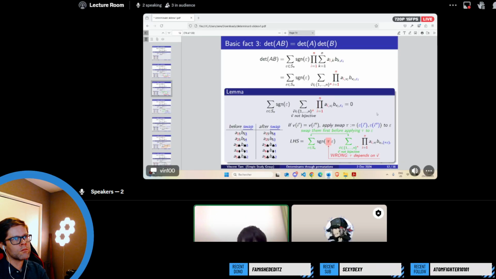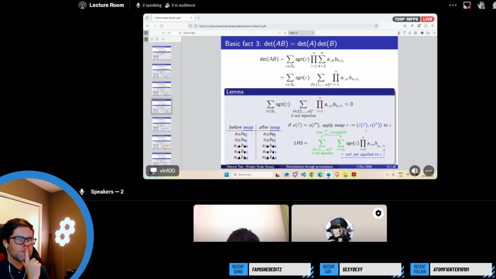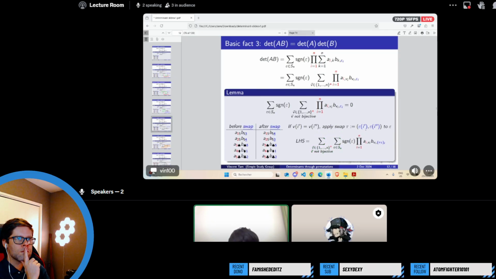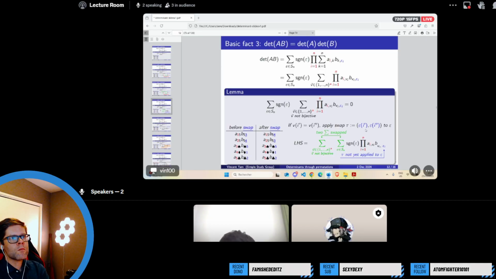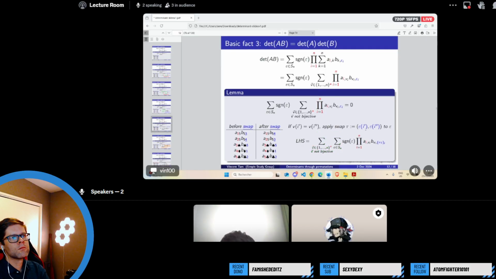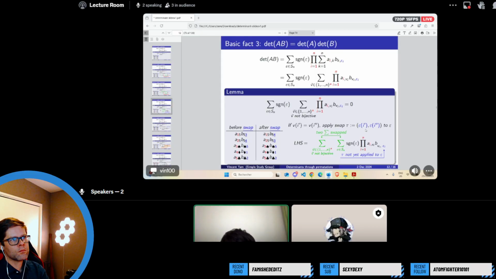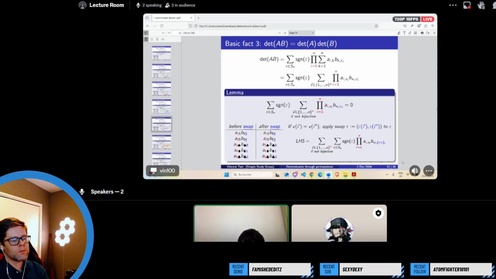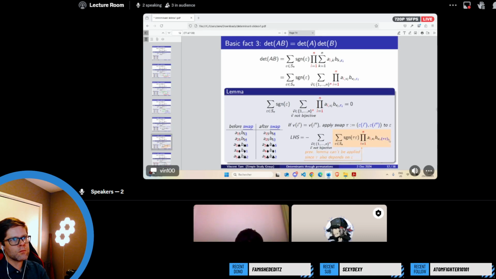So what we attempt to fix this is to dump this sgn of tau sigma inside this summation, before we apply tau here. Wait. What am I doing here? So we first apply tau here, and then we apply tau here, and then we put a minus sign so as to balance the equality. But the problem here is that